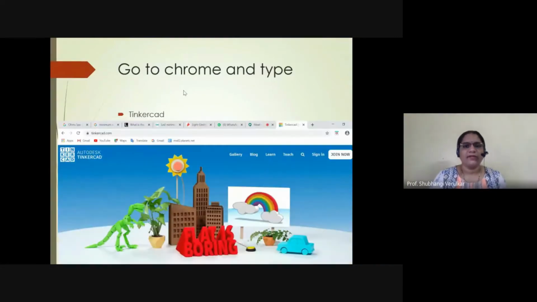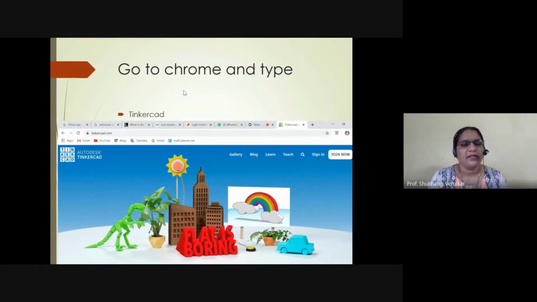So first of all, to design a circuit using Tinkercad, first I will explain the concept on PPT and later on we will do the hands-on for the same, so that it will be revision for you also. And those who have a laptop with you can do a trial also, but you should listen to the session on another device. Okay, so just go to your Chrome and in Chrome type Tinkercad.